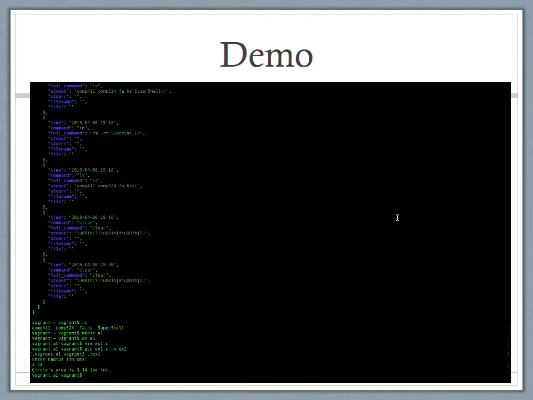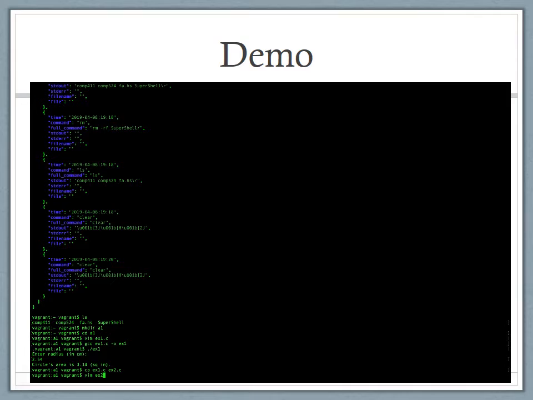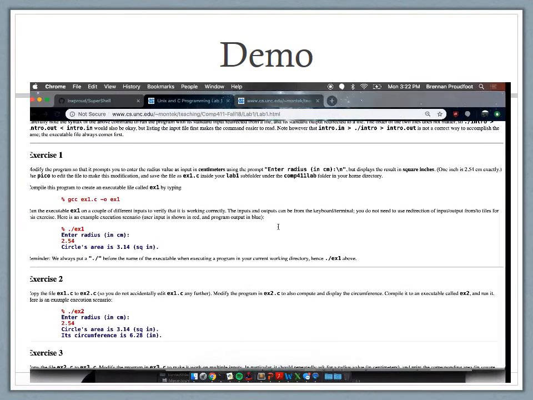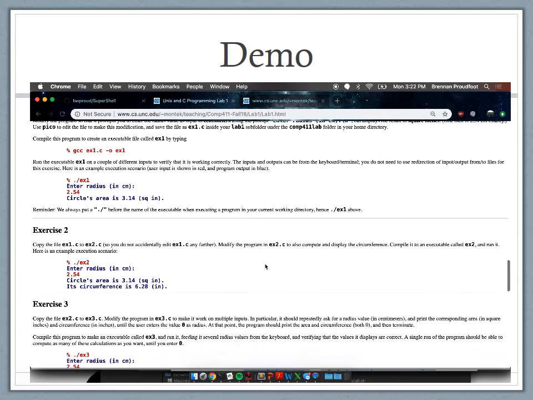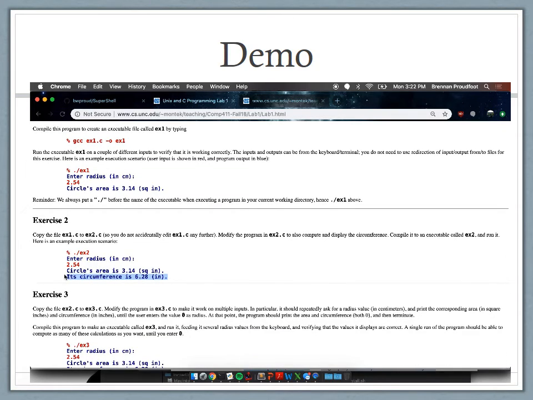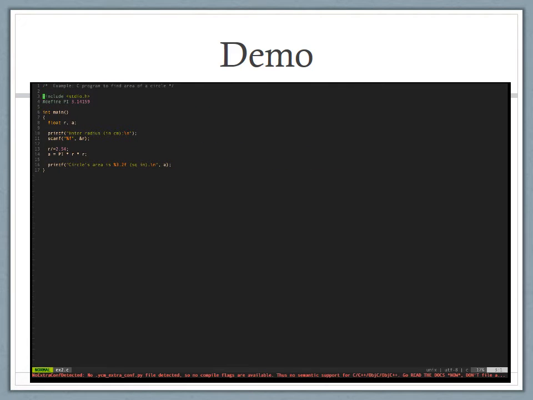And then cp 1.c example2.c. Okay, so now we also display the circumference, which is 2 times